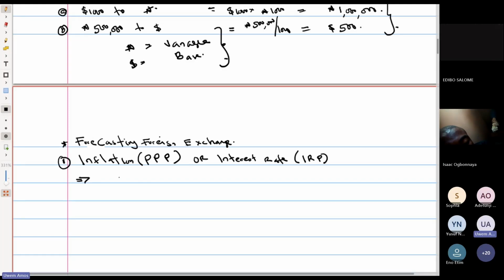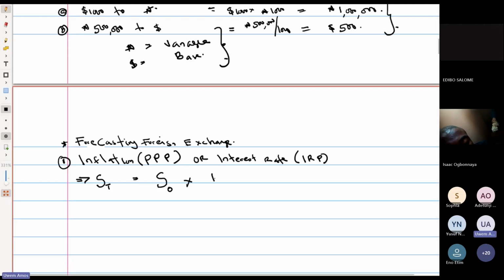The format would be the exchange rate at the point in time. When I say T, I mean the point in time: exchange rate for year 1, year 2, year 3. That is equal to the exchange rate at the beginning of the period, or the exchange rate at the end of the previous year, which refers to the same thing. So for example, if I'm trying to find the exchange rate for the end of 2025, I start by asking what the exchange rate is at the beginning of 2025, or at the end of 2024, which is the same thing. Multiply that